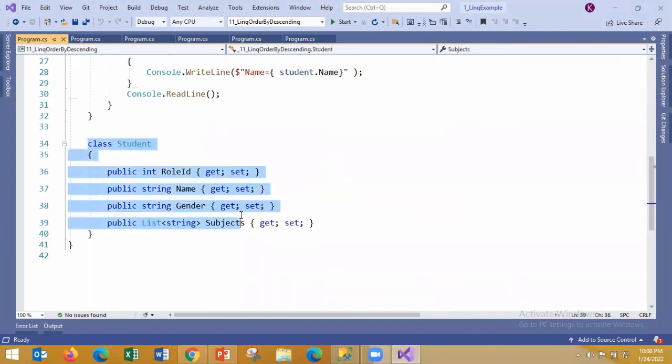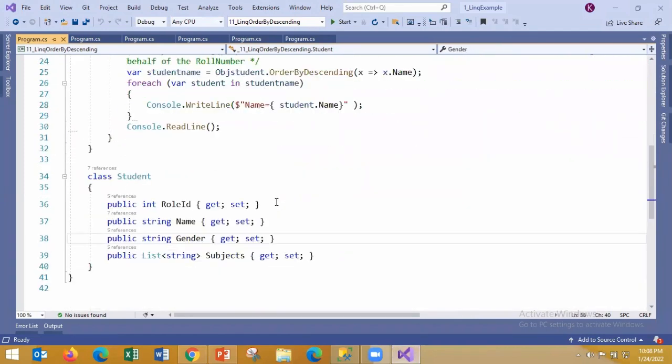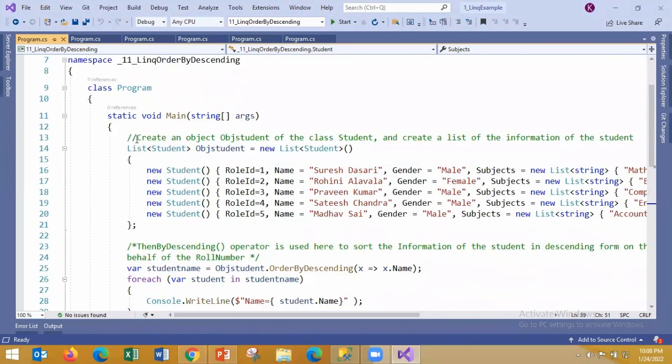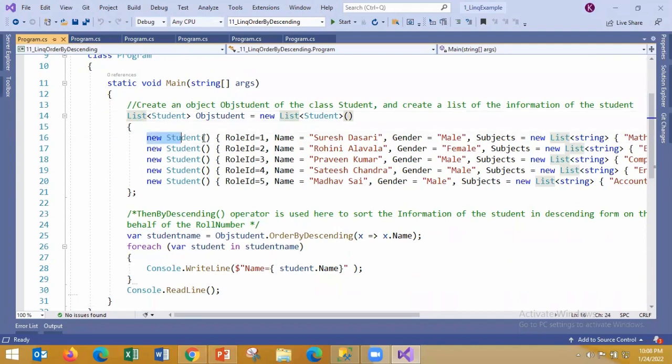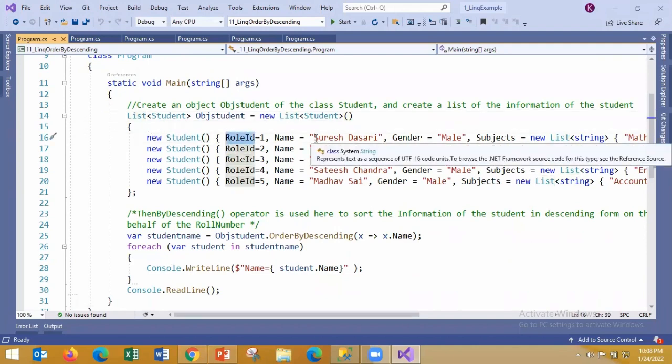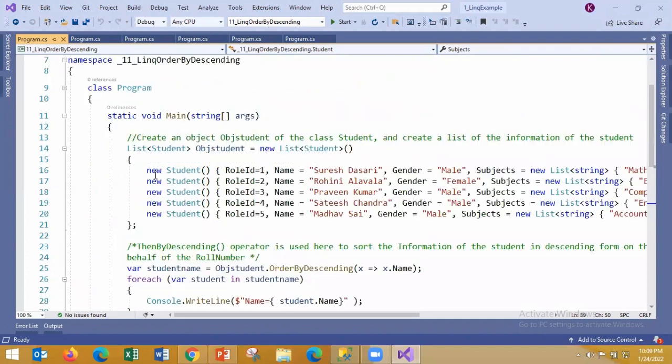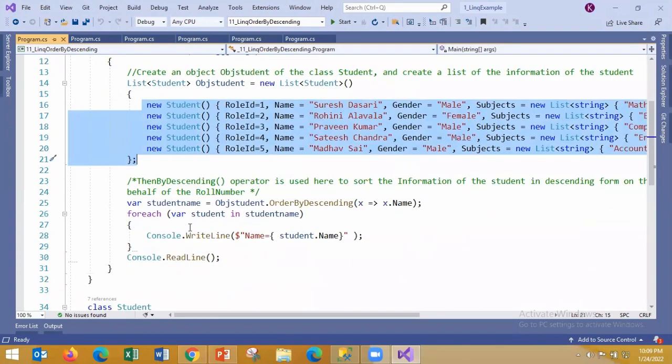Same class student. Here I have defined four properties with get and set methods: role ID, name, gender, subjects. And this is where I'm creating a list of students and defining the object of the student class, where I define the role, name, gender, subjects. Subjects will be a list of strings. You can see this out here. So this is where I'm setting the values, and then from this object students, I'm